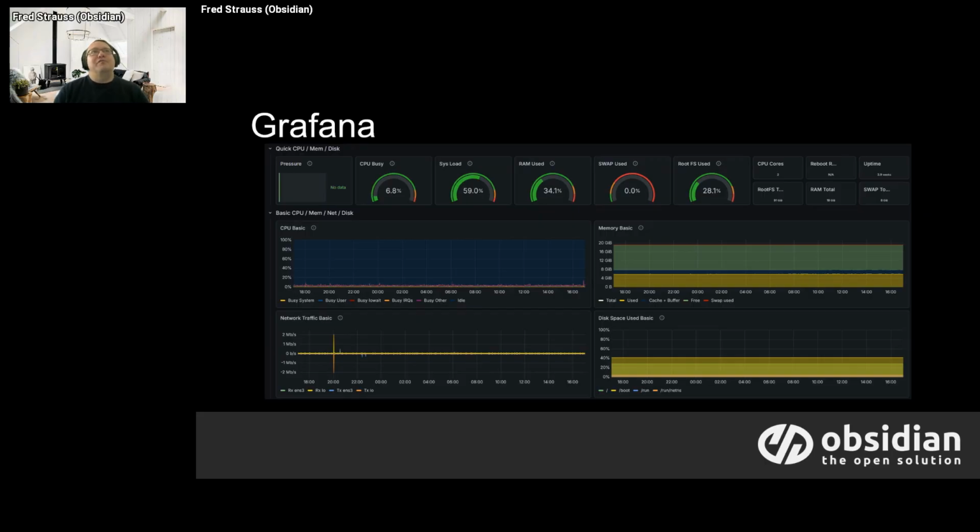But what I also like about Grafana is that you can zoom in on a particular section. So if you can see there's a network spike there, you can zoom in on that section, and then Grafana will show you all of the other metrics in that zoomed in time frame as well, so that you can troubleshoot and investigate the problem there.